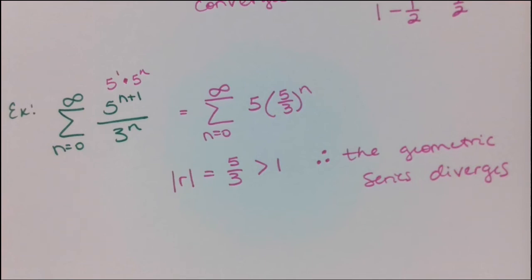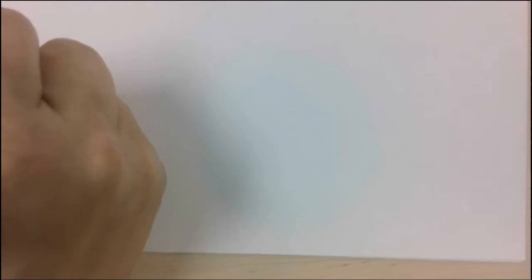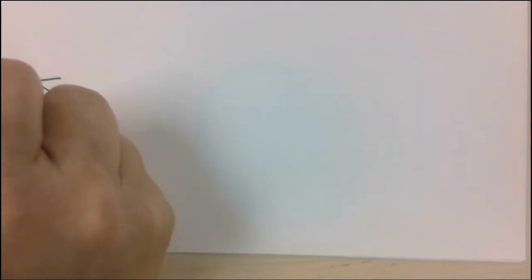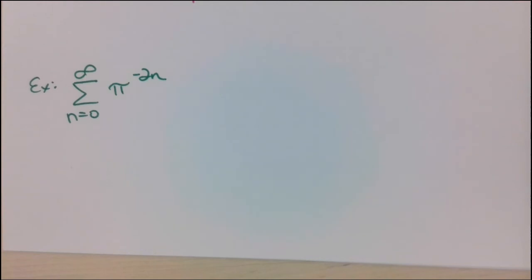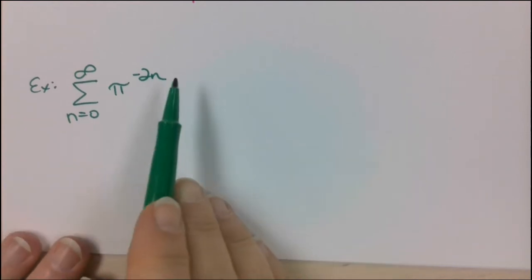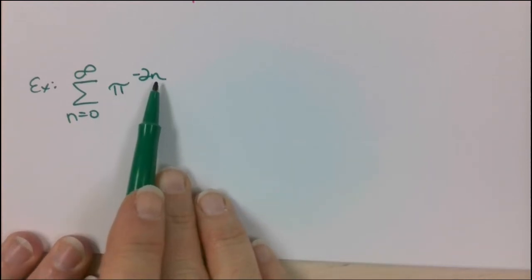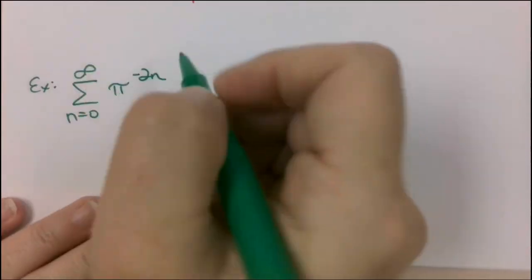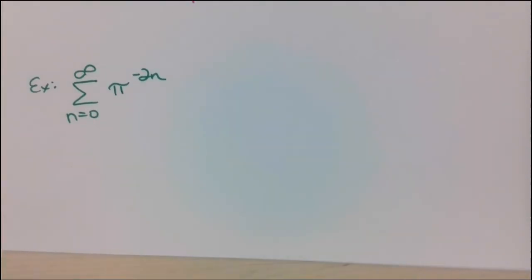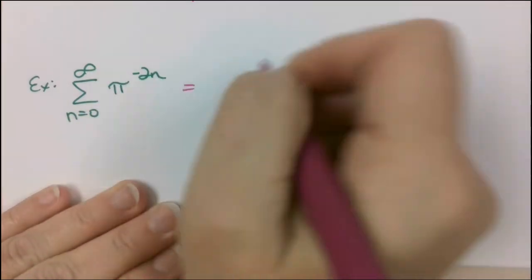Now I want to consider another example of one that may need some rewriting. Infinite series of pi to the negative 2n. And in this case, we've got our constant being raised to the n power, but it's also being multiplied by another power. And so what we can do here to rewrite is just to kind of split those up